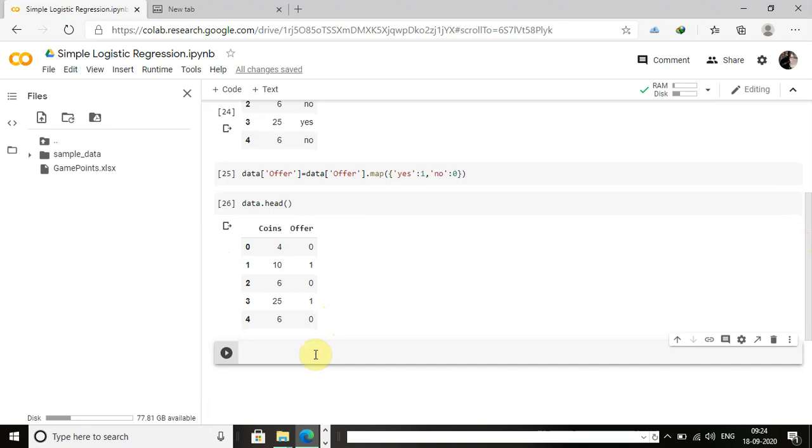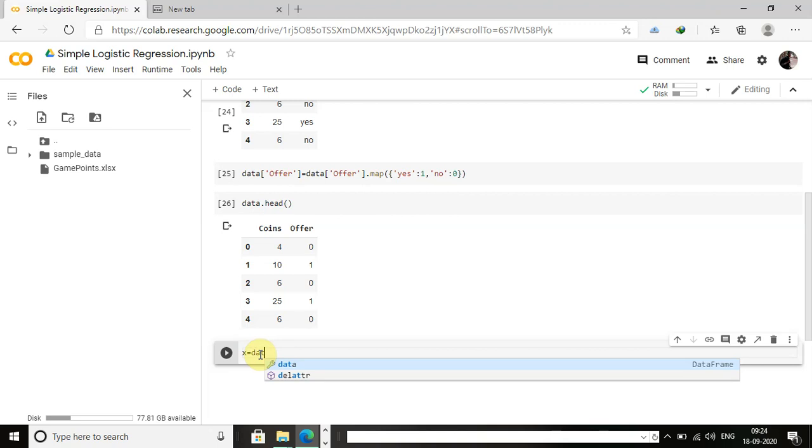Now we have to separate these two columns as inputs and target. That means I'm going to store the coins values in one variable called inputs and store the offer values in another variable called target. For the input value, I'm going to name it X. I'm going to store this column in this X variable using iloc.